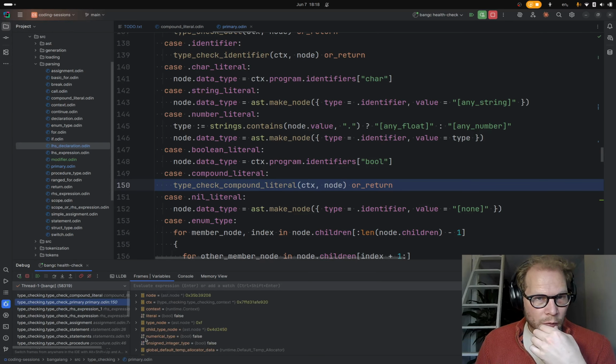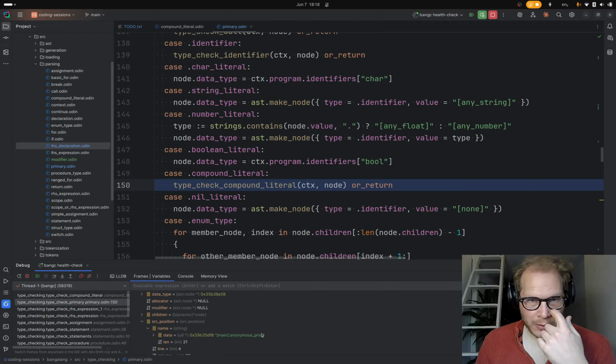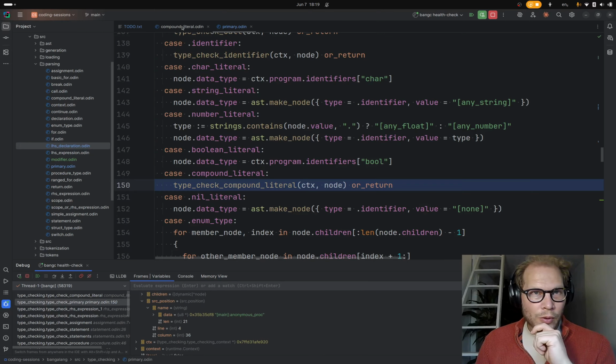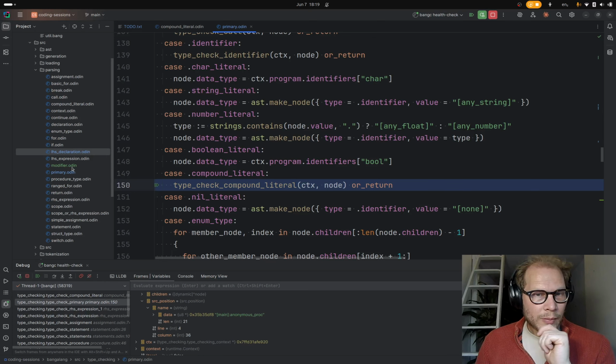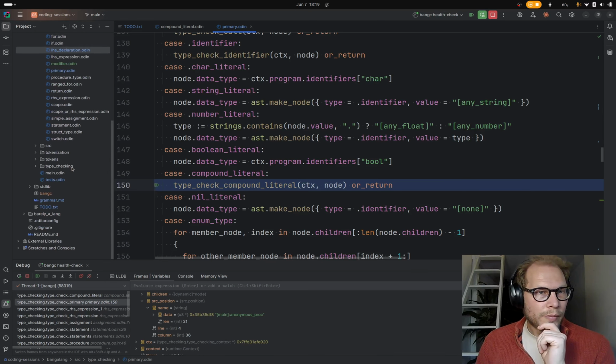Where are we? Where are we? Node source position is main anonymous proc in line 4. Main anonymous proc.